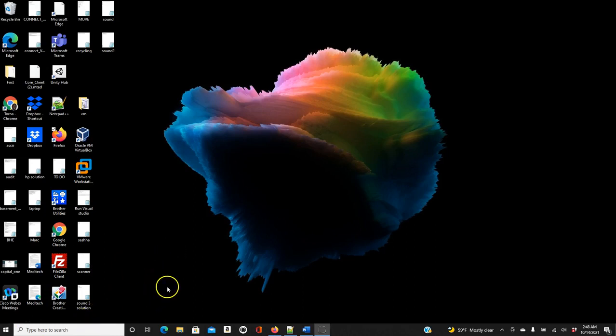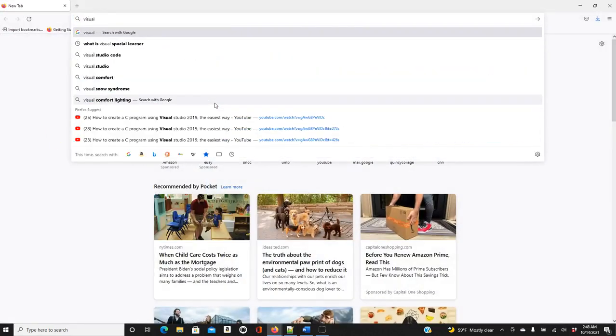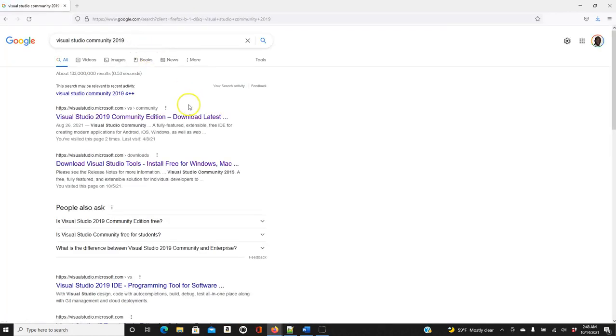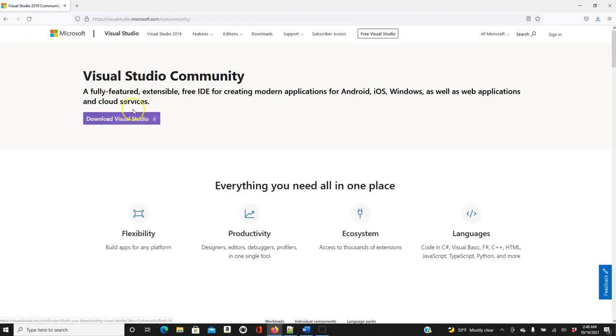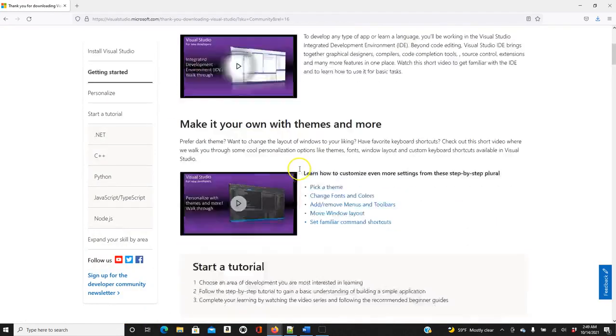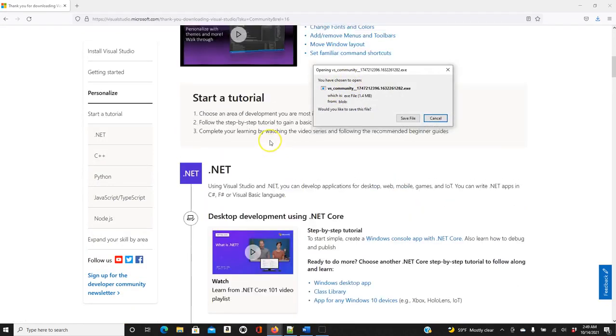community, and that's the one you need to download. And especially if you want to download Visual Studio Community, you can go to your browser and search for Visual Studio Community. That's the free version you have over there from Microsoft. So click on it. If you click download here, it's going to send you to Visual Studio Community, and you can download it.